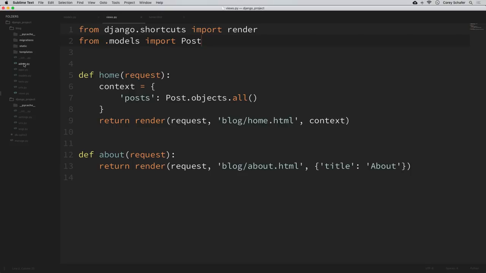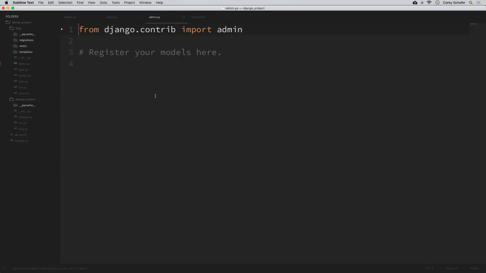So let's open that blog admin.py file, and we can see that it says register your models here, and we're already importing this admin class. So this is where we can register our models so that they show up on our admin page. To do that, we first need to import our model. So here at the top, I'll say